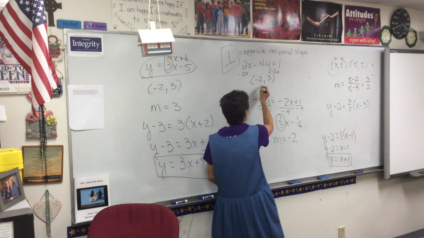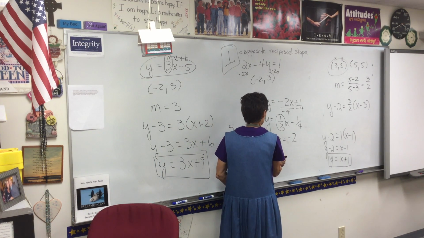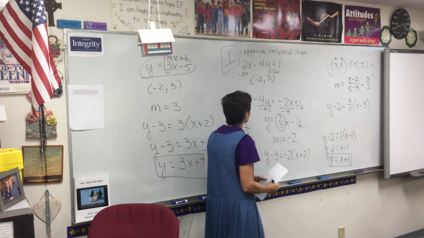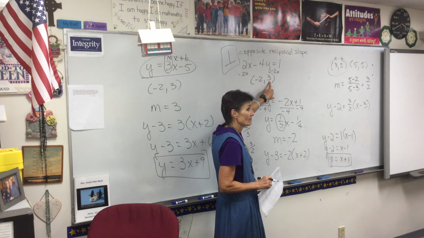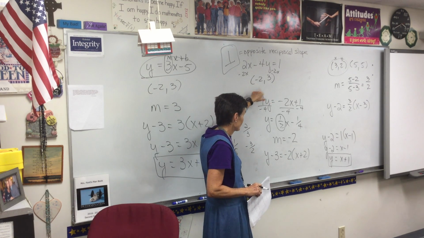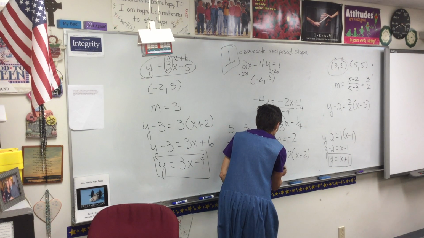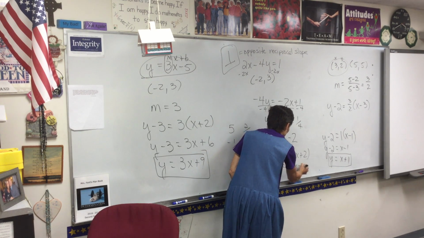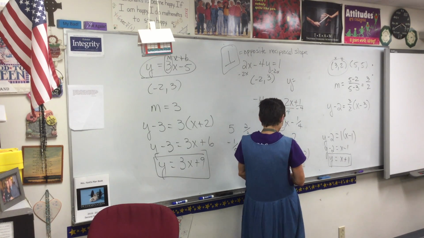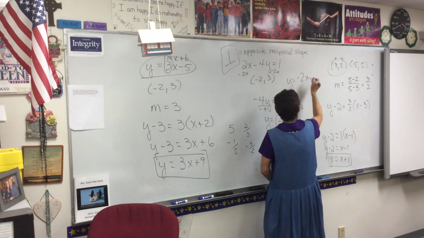All right, so here's my point. So y minus 3 equals negative 2 times x plus 2. I came up with as my answer y equals negative 2x